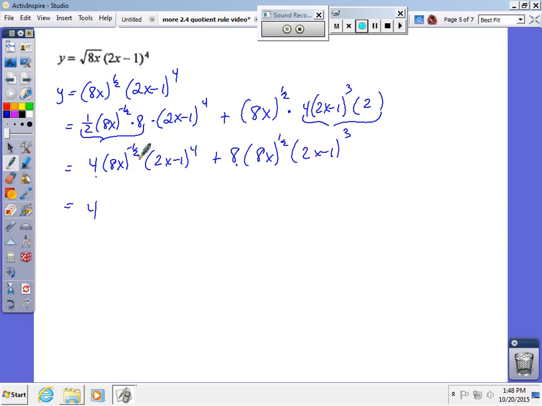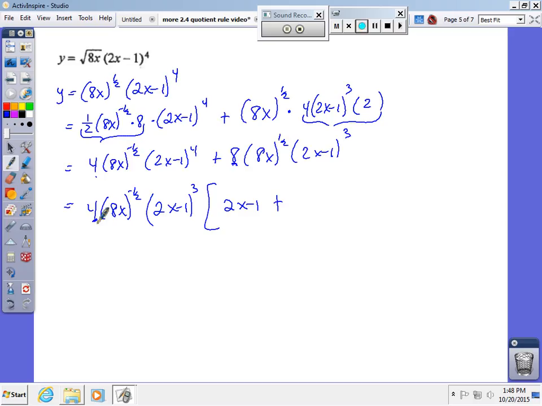Between the 8x to the negative 1/2 and that to the positive 1/2, it's going to be an 8x to the negative 1/2. And then a 2x minus 1 cubed. And now I'm going to divide. So 4 divided by 4 simplifies out. 8x, that's going to simplify out to be the 0 power, and I'm left with a 2x minus 1 to the first. Plus